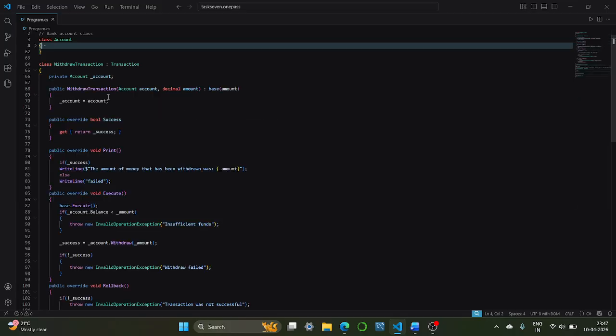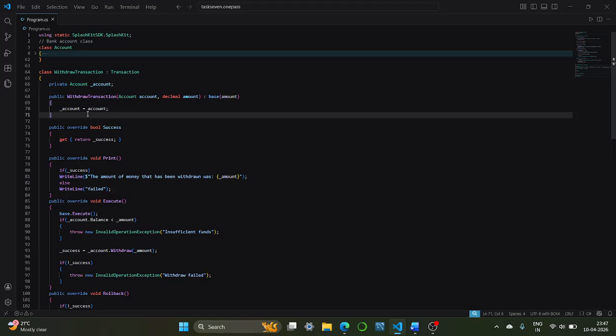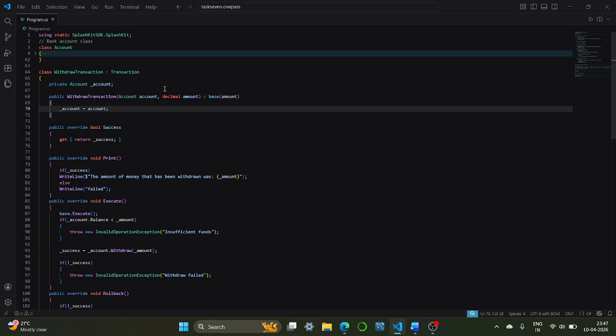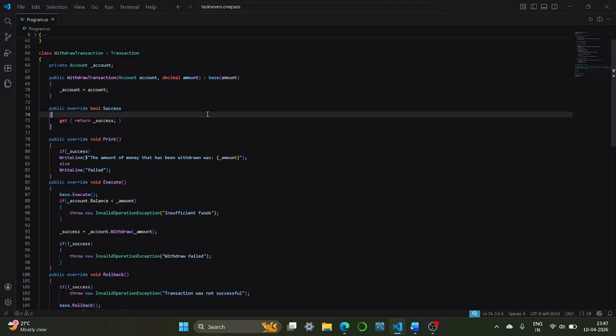Then we have a withdraw transaction class, which is a subclass or a child class of the class transaction. In this class, we have a variable which the data of the variable is account. The account class we made earlier. Then we have two parameters, account and amount. The amount is inherited from the parent class. Then